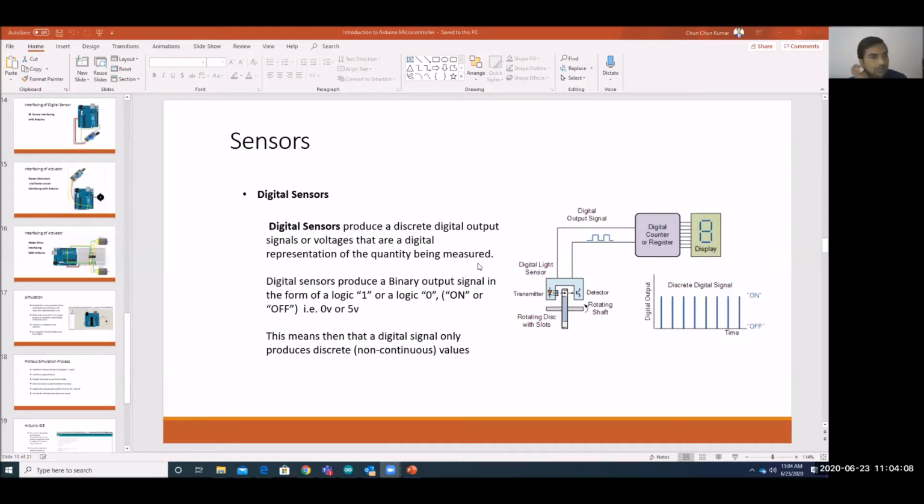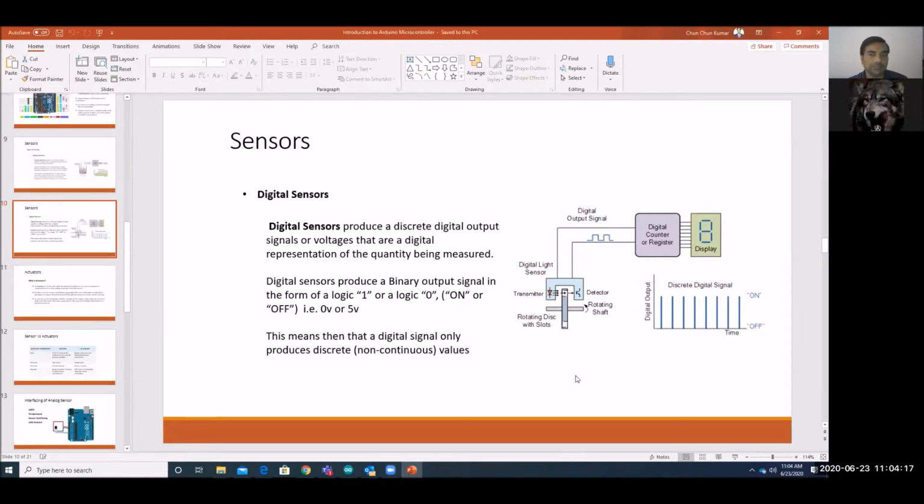So yesterday we left off at sensors, the differentiation between digital sensors and analog sensors. Okay.